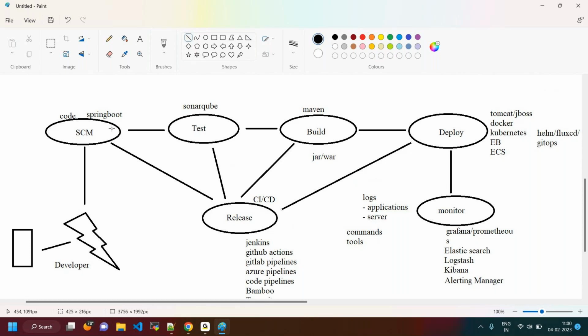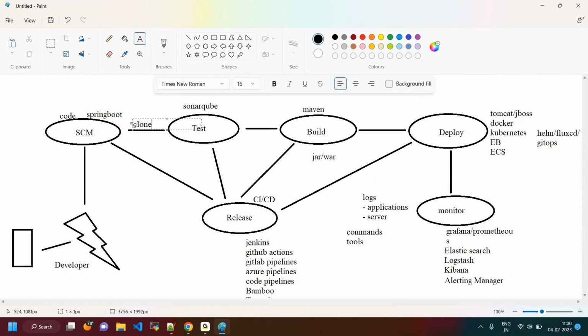Here I need to run some command to clone. Here I need to do the clone. Then if you want to test, we need to use the sonar scanner command. This is the Maven build command, mvn clean install. We need to use each and every command every time. If it is manual, the DevOps guy needs to run each and every command. I don't want to do it manually, I want to automate this process by using a tool called Jenkins. Here we are going to discuss Jenkins. Got it? And GitHub Actions also I will give you.